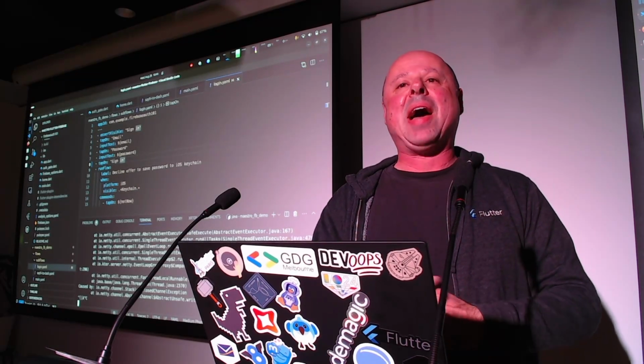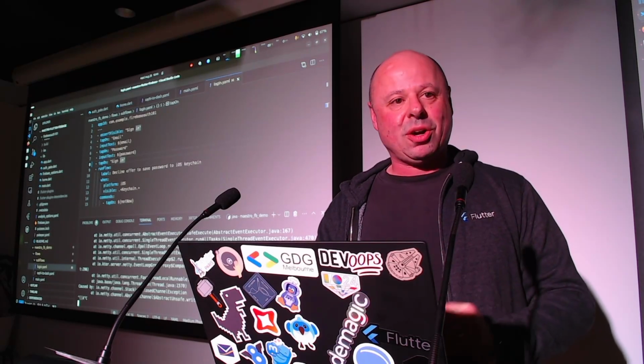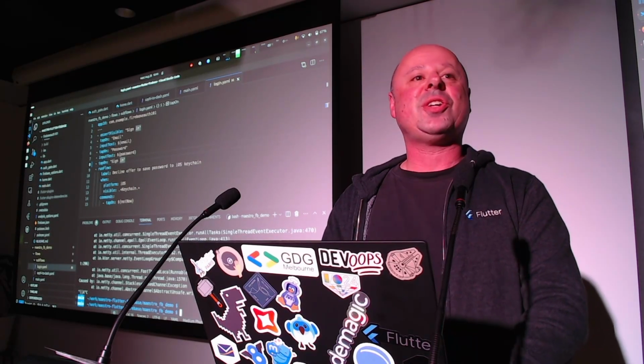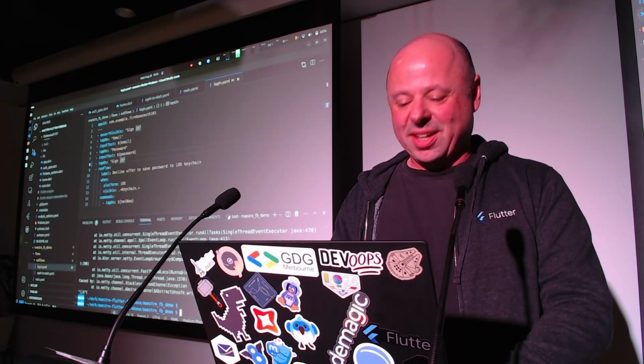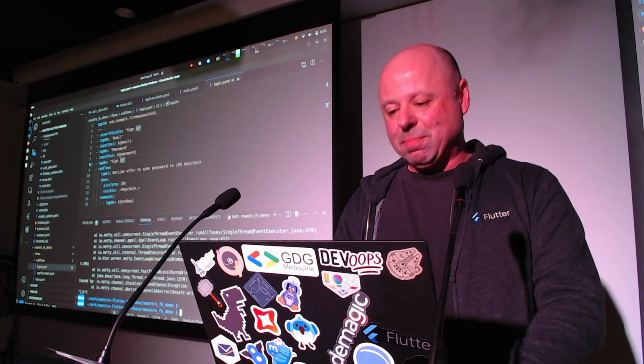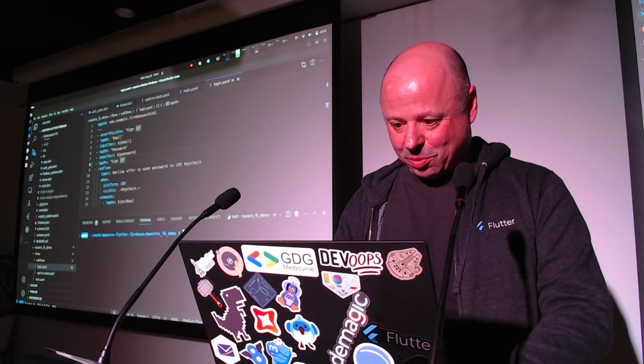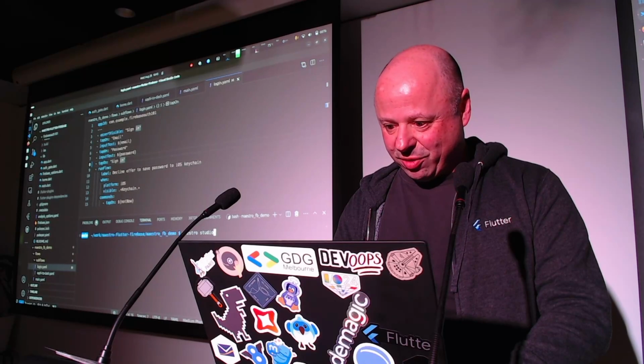One of the few bad things I have to say about Maestro is every time you kill the studio, it gives you this awful Java stack trace. It's completely benign, but it's still super annoying, so let's clear that out of the way. But now, if I have saved